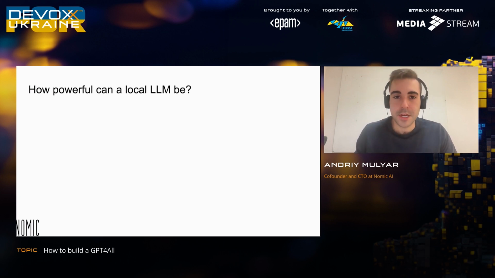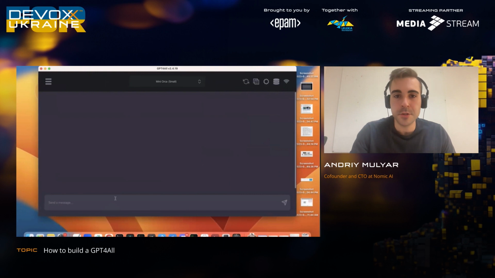Well, I'm just going to pull up the actual chat client. This is an open source binary that's built from GPT4All, and you can go in and run the models yourself. This is a 3 billion parameter model that I have in the dropdown. You can go to GPT4All.io to download the same chat client yourself. It's completely open source. You can read all the code underneath. It's built by dozens of people.